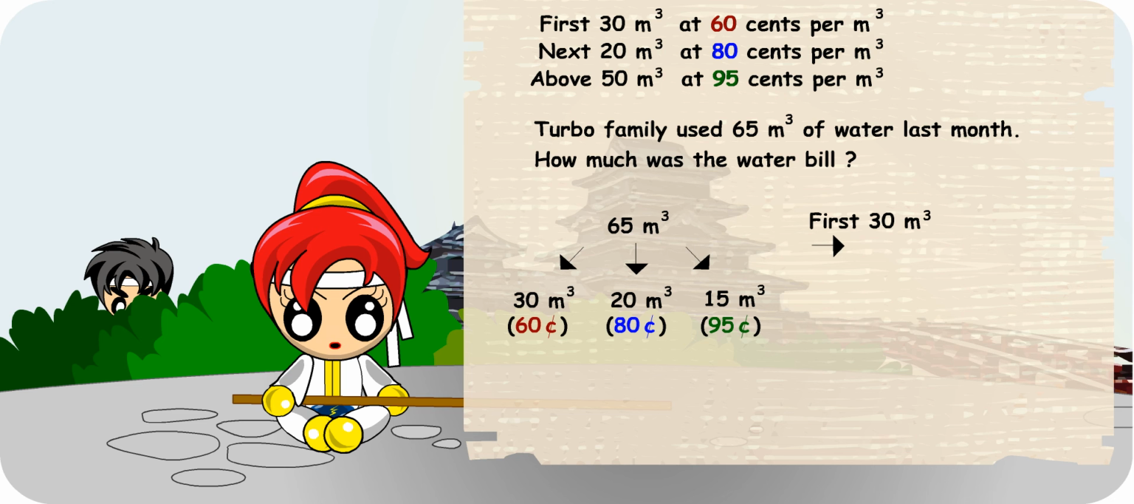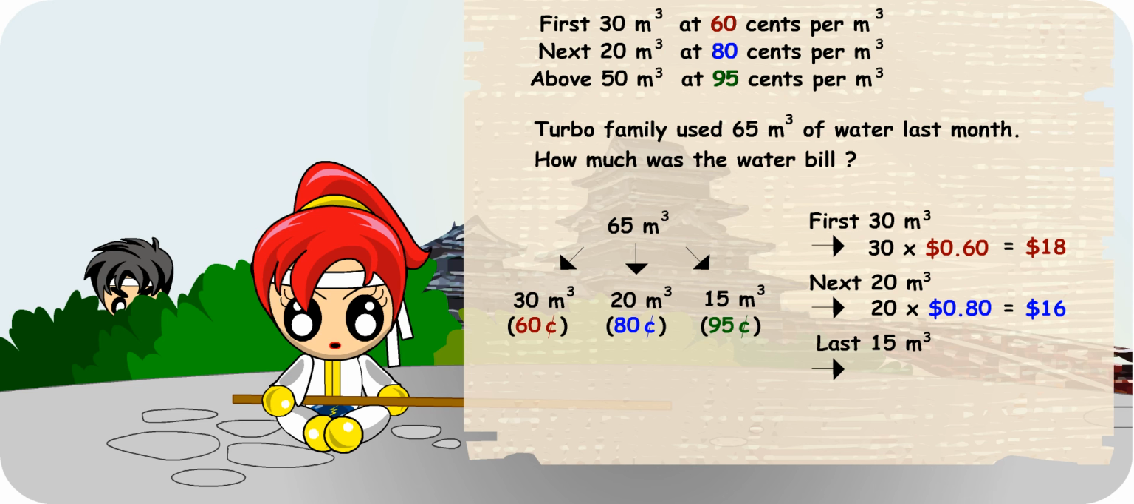For the first 30 cubic meters, the charge is 30 times 60 cents, which is equal to $18. The next 20 cubic meters is 20 times 80 cents, which is equal to $16. And the last 15 cubic meters is 15 times 95 cents, which is equal to $14.25. I just have to add up the 3 amounts to find the total cost of the water bill. $18 plus $16 plus $14.25 equals